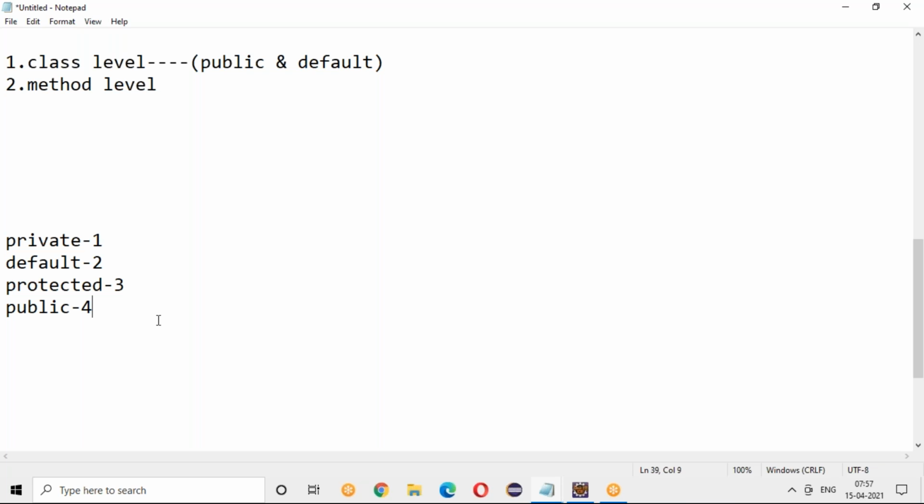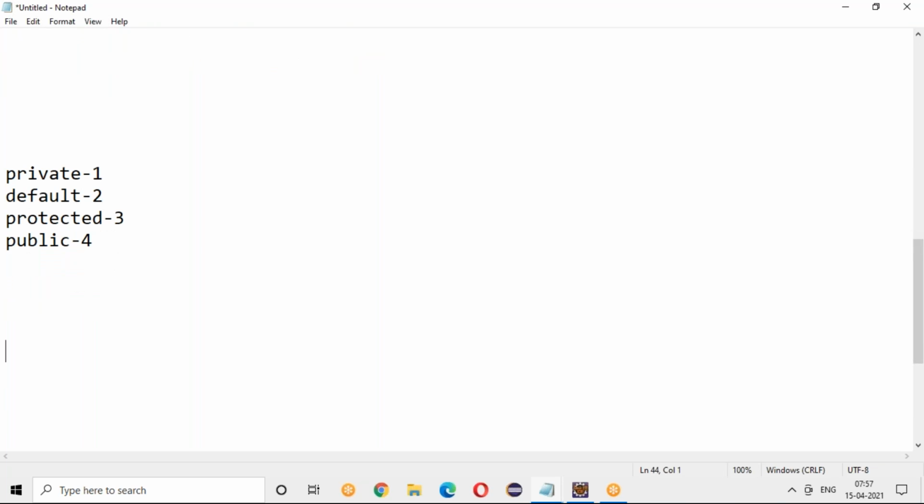There is a concept called overriding, right? There are two things: overloading and overriding. Someone will ask what is the difference between overriding and overloading. This is a very famous question. So what do we see first? Overriding. For example, I have a class A,